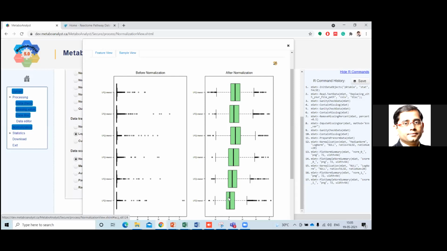If you see this lower box and compare it with the first one, there is an overall increase or overall skewness of this particular sample. Then you cannot compare. Even if you do, whatever proteins you get as statistically significant will not be truly significant. It will have some bias, right?